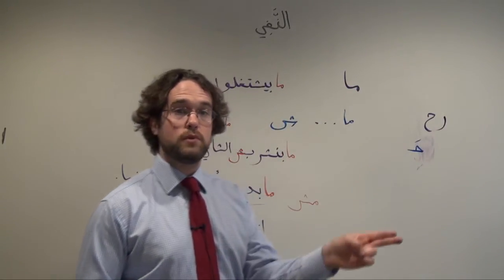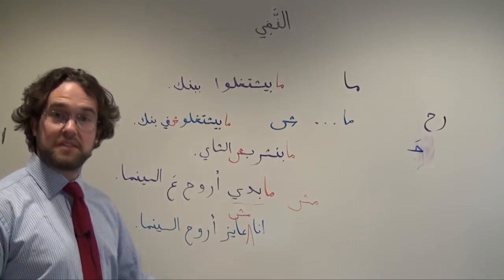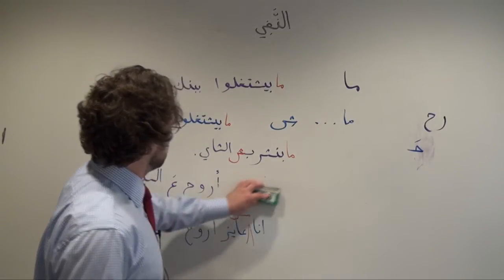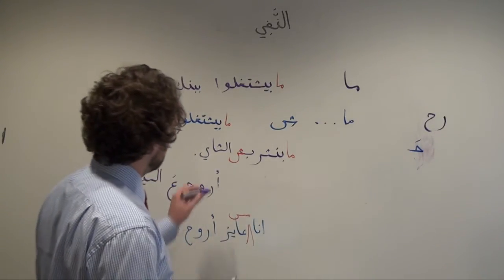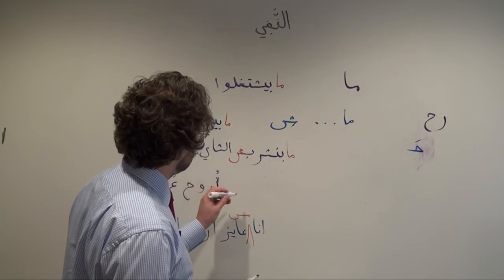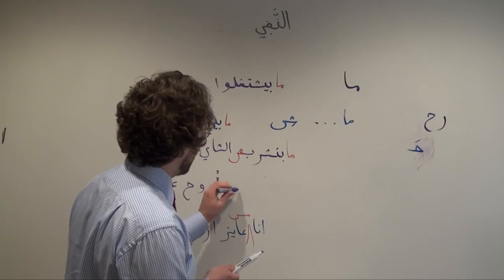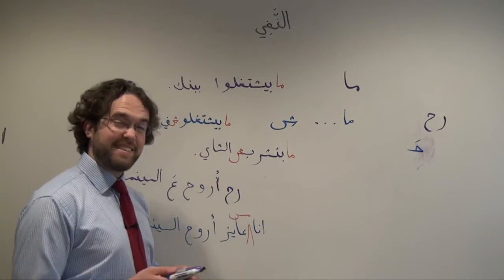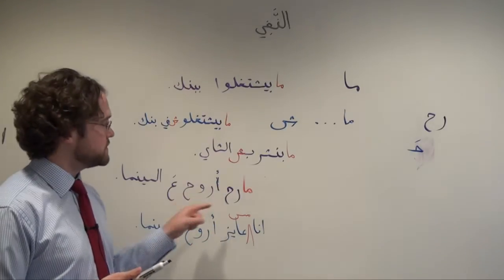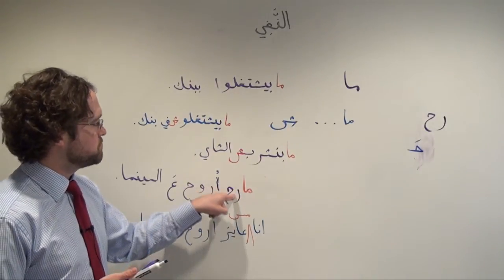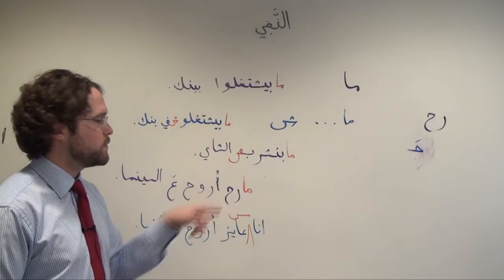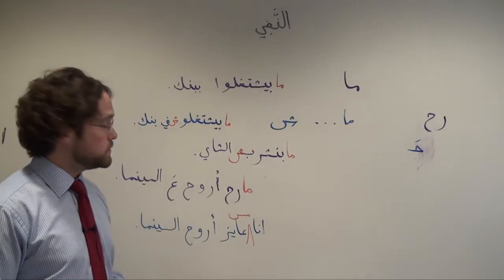So if we want to indicate, for example, that we will definitely go to the movies, I will go to the movies. In Shami, I can reuse my sentence here and add rah. But if I want to negate that, then I can just use ma rah ruh. So I have the ma that's negating the future and the verb. Ma rah ruh al cinema. I will not go, I am not going to go to the cinema.